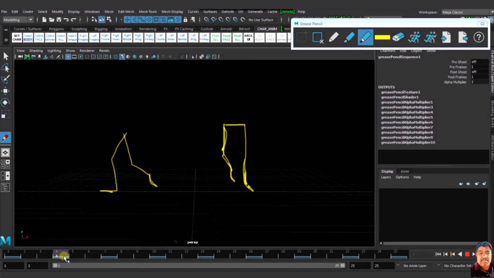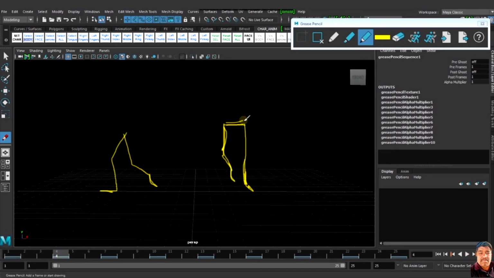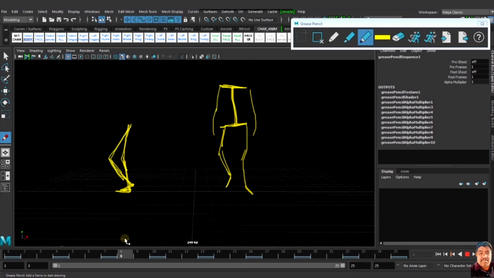Here the weight shifts from this area to this area. So the shoulder also is made inverse here. It is somewhat exaggerated.